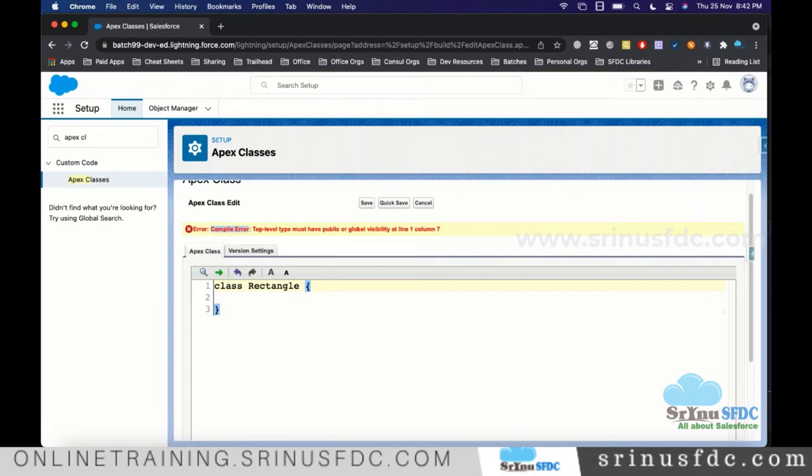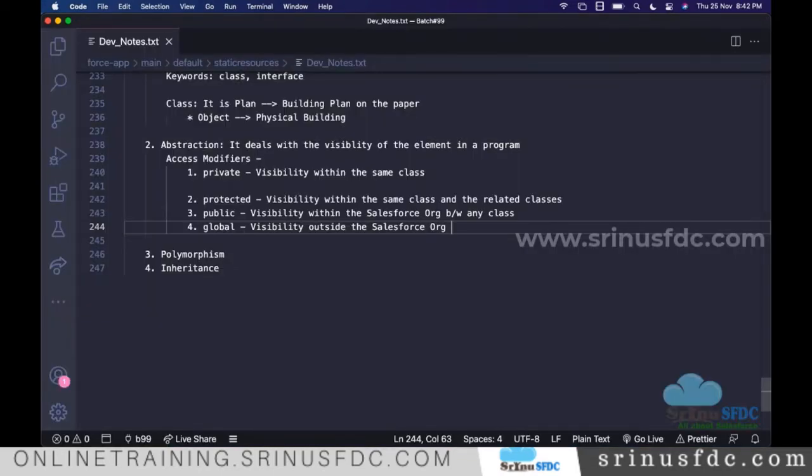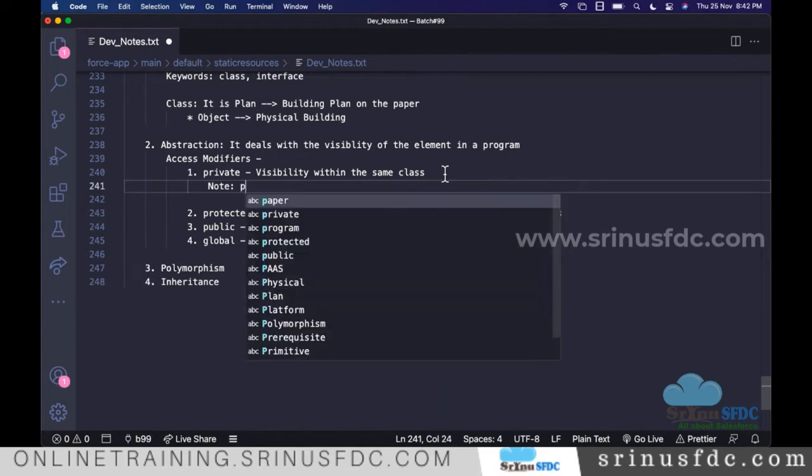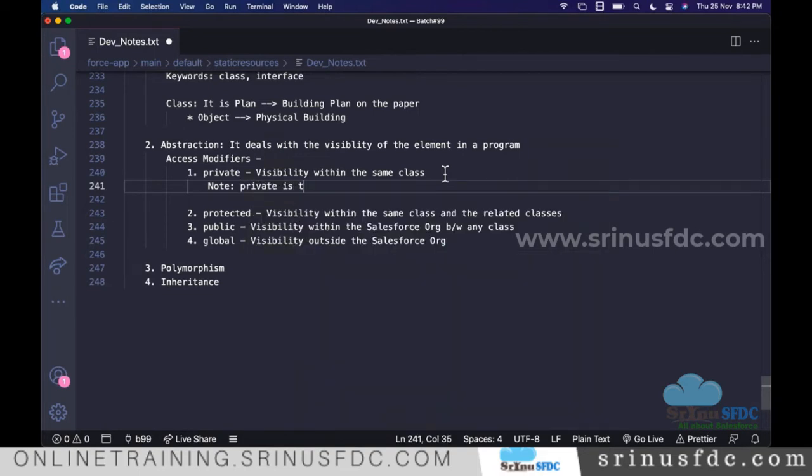That means if you don't mention anything, when you define a class, a variable or a method, the default access modifier is private. So private is the default access modifier. If you don't mention anything, the system by default treats it as private.